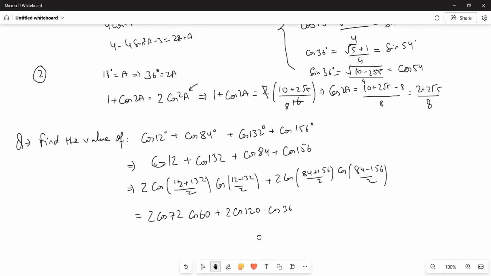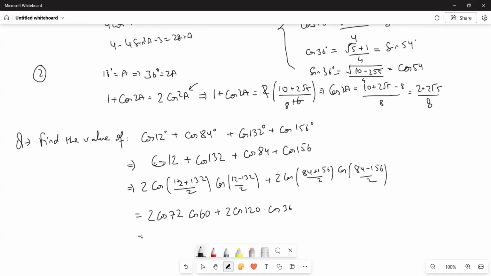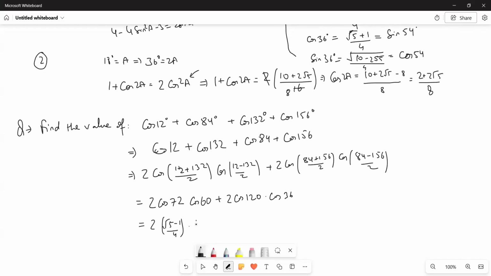So it is (√5 minus 1) by 4. Yes sir, so twice of (√5 minus 1) by 4. Now how much is cos 60? Half, so that cancels with this. Plus, how much is cos 120? Cos 120 is minus half, so it becomes minus 2 into half into the value of cos 36,